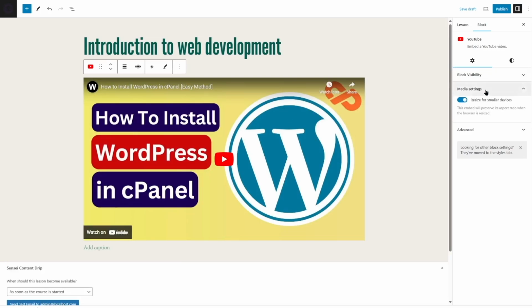And here you can see there's the media settings. It says resize for smaller devices. You should keep this enabled because this will protect or preserve its aspect ratio. And once you're done with this,